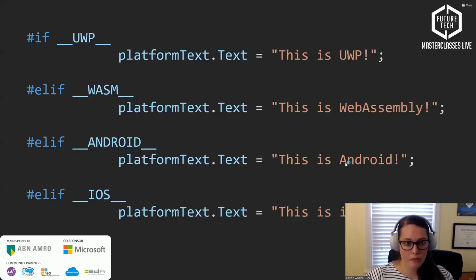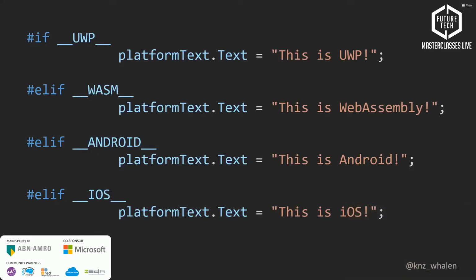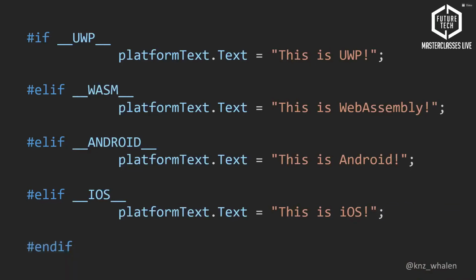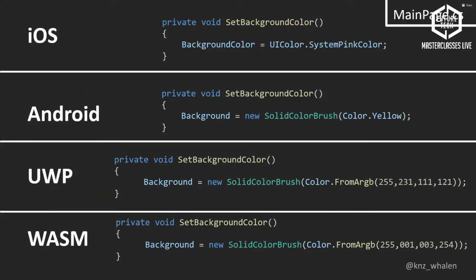Okay. So for your build conditional statements, it kind of just looks like a set of if statements, because that's pretty much what it is. So we're starting with our if UWP, set the platform text property to "this is UWP", WebAssembly, etc. This is truly only just setting the text value of a single element. And this is a lot of lines. If you need to do platform-specific code for larger projects, it's going to look messy and get cumbersome, and it's rough. So the solution to that is by using partial classes.